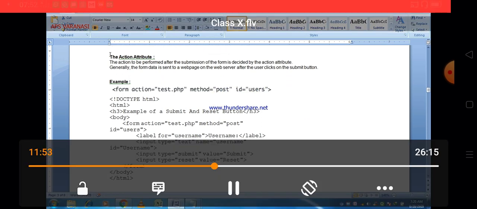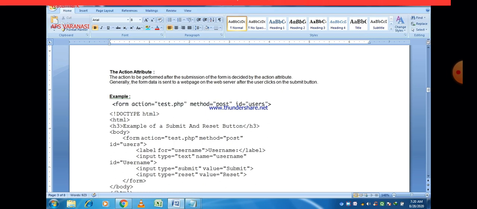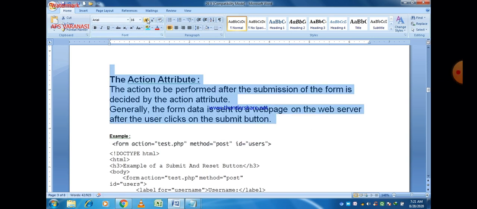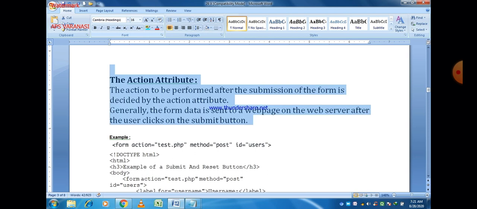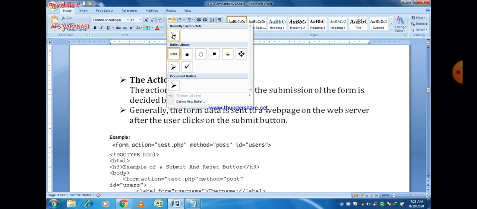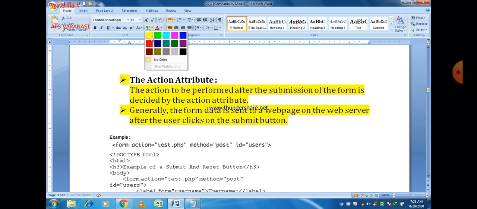Now let us talk about some attributes regarding forms, which are also very important and asked in examinations. First of all, the action attribute. The action to be performed after the submission of the form is decided by the action attribute. Generally, the form data is sent to a web page on the web server after the user clicks on the submit button.